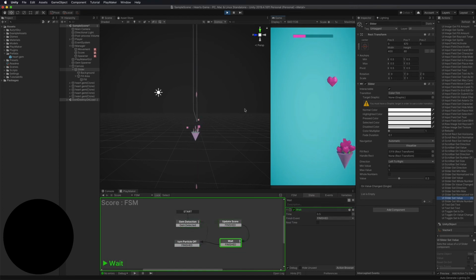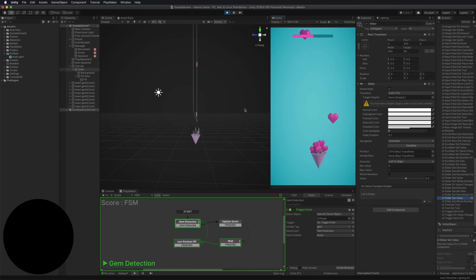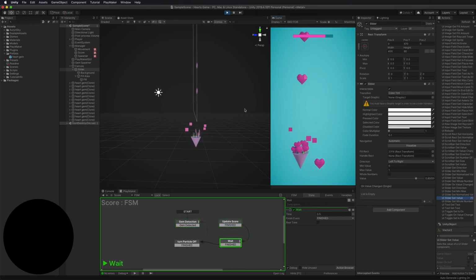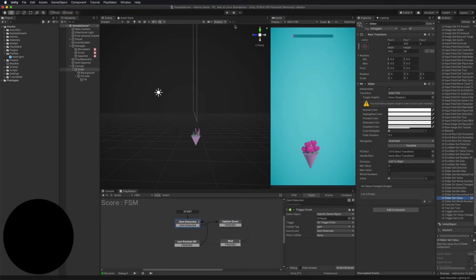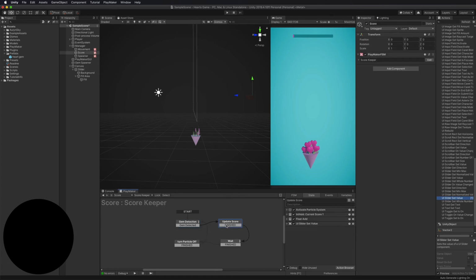There we go. So now we're updating the slider value. And now the next thing we want to do is if it gets to 100%, if it gets to 1, then we want to also trigger a level complete. Okay, so here we're updating our slider. So what we want to do is if our variable of slider value gets to 100, we want to then trigger a level complete.